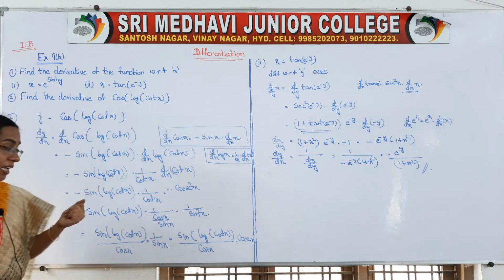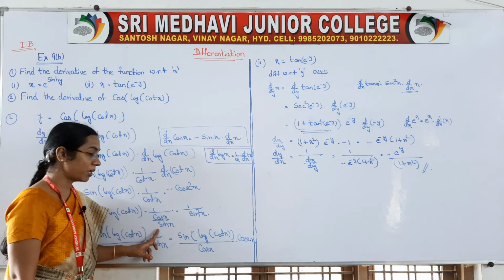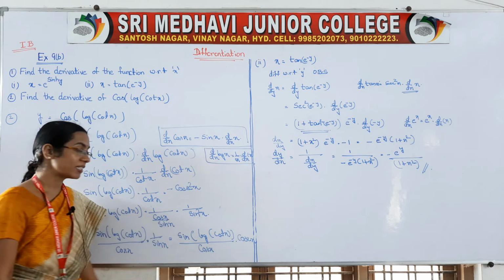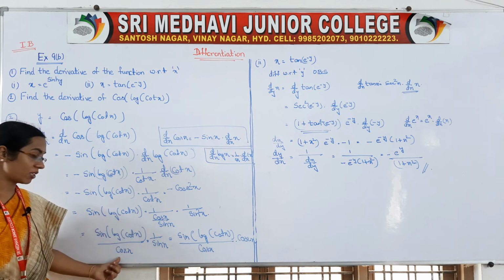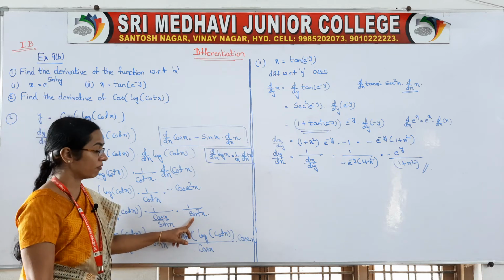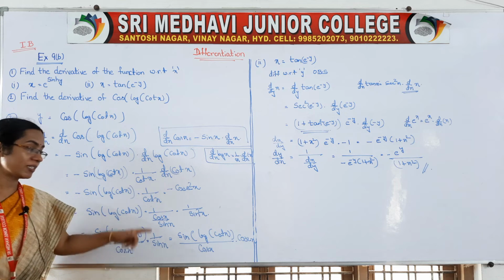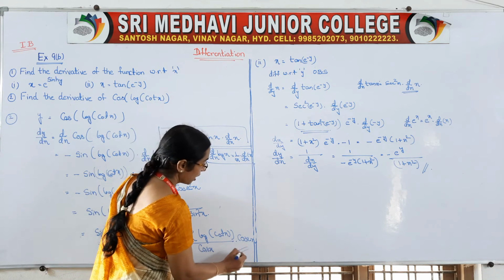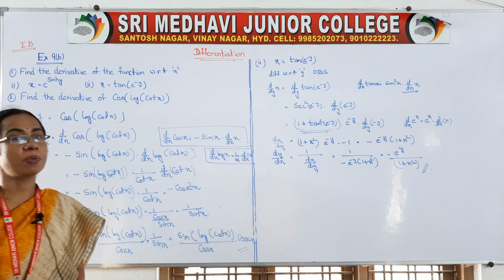Why should we write like that? So that one sine will get cancelled. Here cos x by sine x is there, and here sine square x is there, so one sine will get cancelled. So 1 by, of this, cos x will be there, and here after cancelling one sin x, you will have 1 by sin x. So we can write this 1 by sin x as cosec x. That is your answer. So these are the exercise problems from 9b.